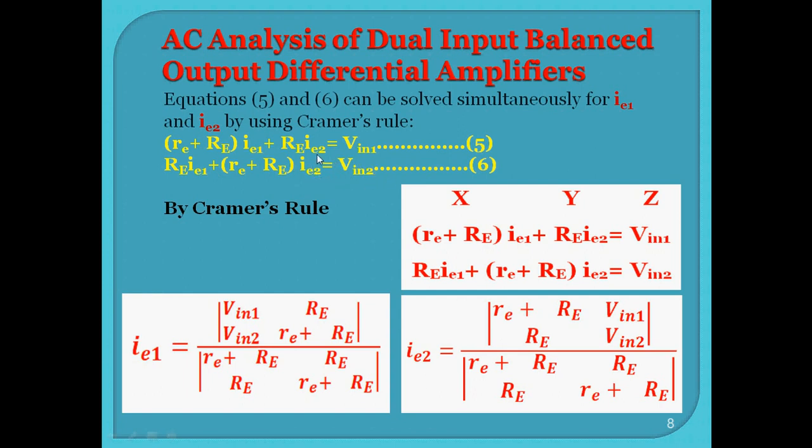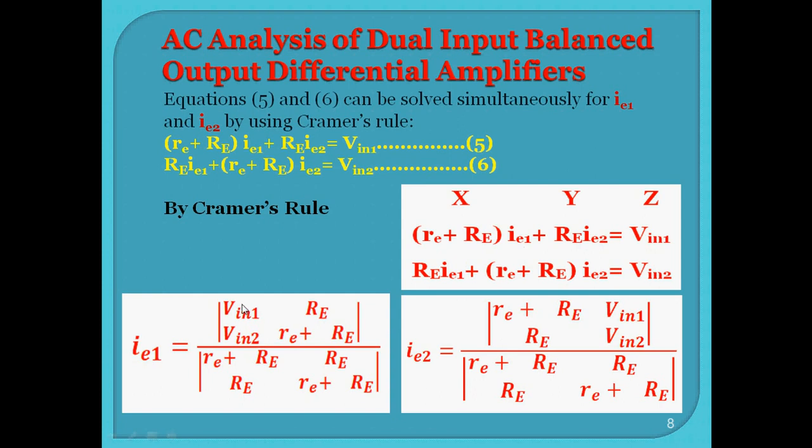When we are applying Cramer's rule, if you know about Cramer's rule, you can easily find out the equation, and if not, we will explain it in detail. Consider here we want to find out x and y. For the same equations we wrote here, IE1 is my x parameter, IE2 is y, and Vin1 and Vin2 are z. So how do we apply Cramer's rule? First of all, to find x, that is IE1,